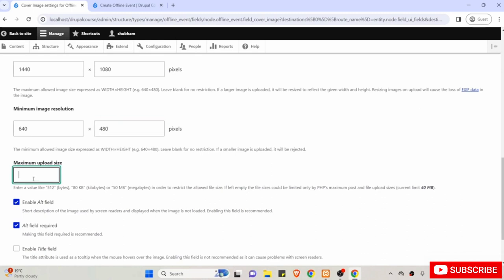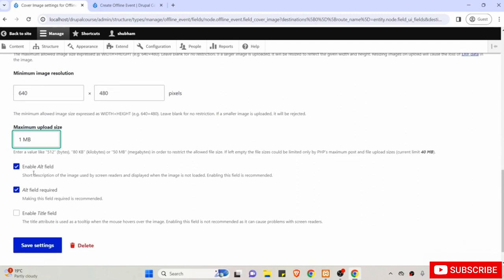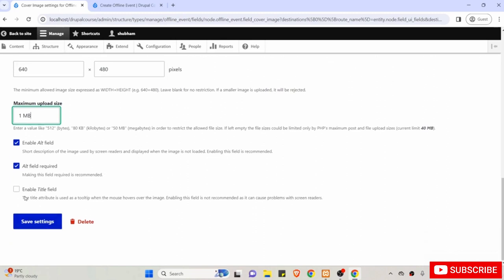and then in the maximum upload size I am going to enter 1 MB, so capital M and capital B, so 1 space MB, and then I will enable the alternative field, and then I will make that alternate field required because every image should have an alternate field. Okay, and then after that I will click on save settings, but just make sure that